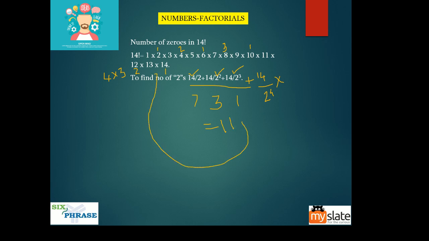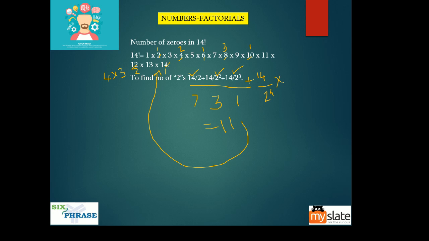So this 11 is the 11 that we get here. How does this count and this count become equal? Watch this carefully, I'll tell you. When you do 14 by 2, what you are doing is capturing the 2's here and here, here, here, here, here, here. How many 2's did you capture? Only 7.